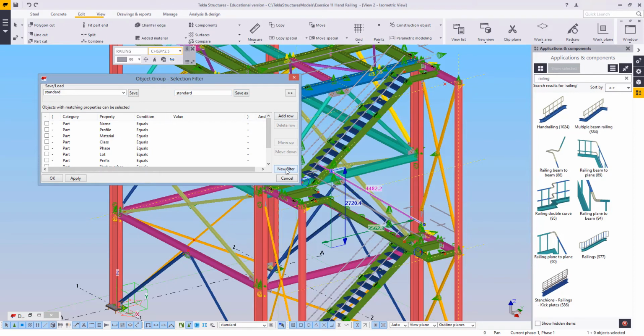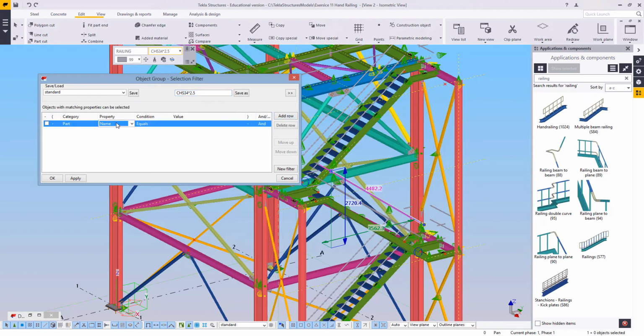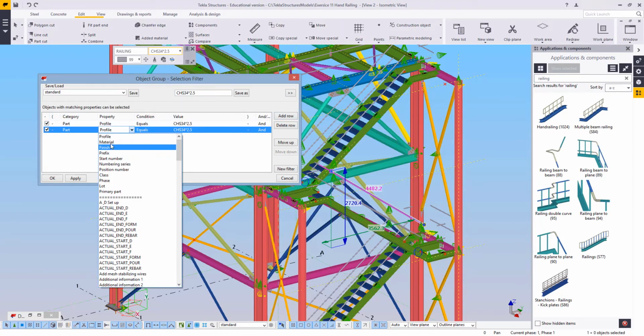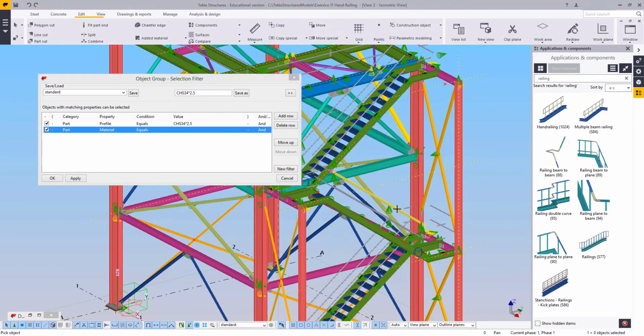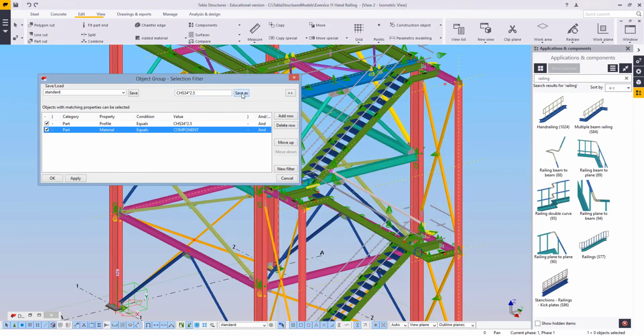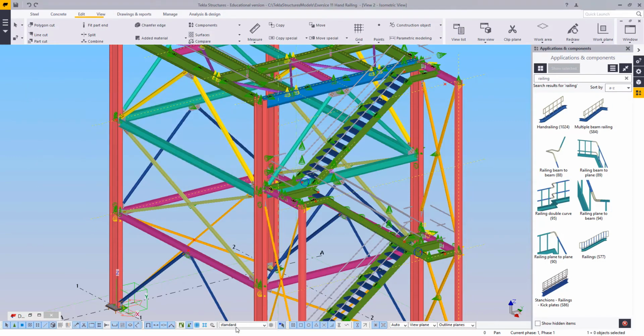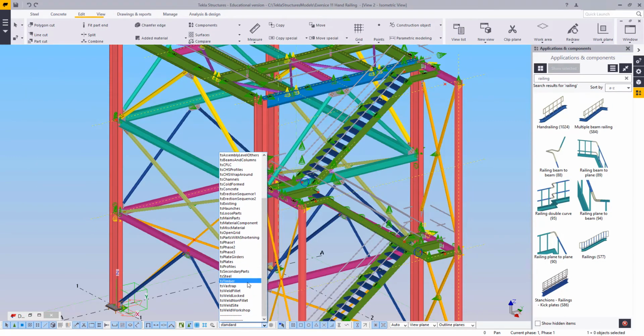Now, let's see, I'm going to start a new filter. I'm going to call this CHH, exactly what it says there. And we're going to say the profile needs to equal this amount. And I also want the material. So I'm going to say the material equals, and just select one of these components. And just save that. Now, if we go over here, we can just select our new filter,